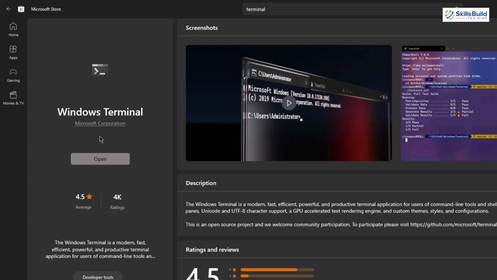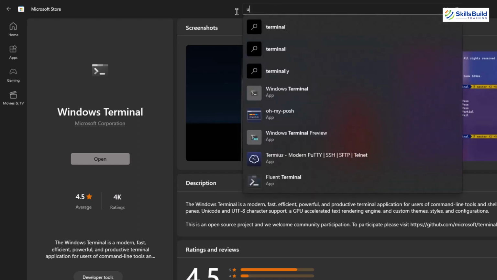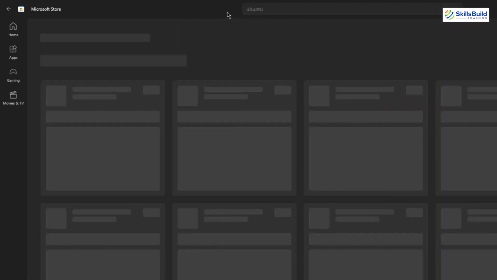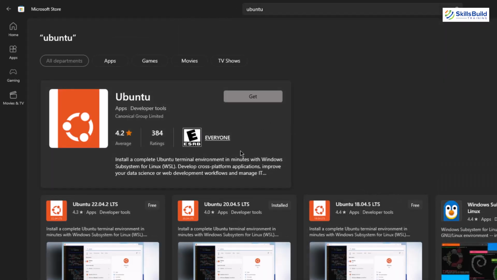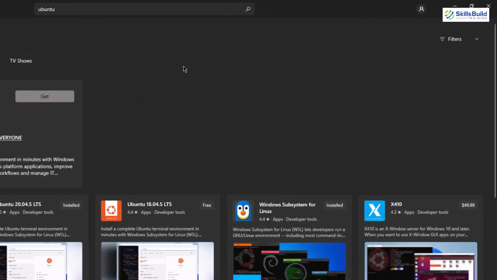We are done here with the download of our Windows Terminal and now I'll also show you how you can download Ubuntu, because I'll also show you Windows Subsystem for Linux and its bash. So for that I'll just search for Ubuntu, hit enter, and from here you have several options to download Ubuntu. Follow the same process that you have done for Windows Terminal and you'll be able to download Ubuntu into your system. So we are done with the download and installation of Ubuntu and Windows Terminal